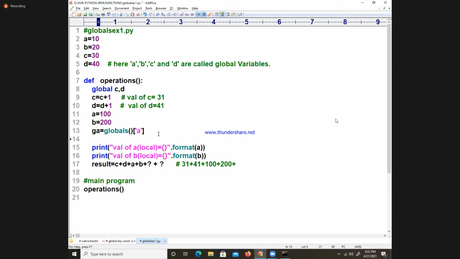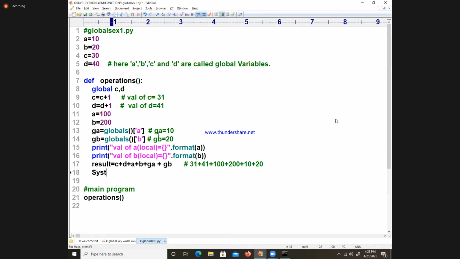Next I am taking GB, global variable B is equal to globals of, I am writing what? B. I will tell you one more program. Don't worry. First you look at it. Now, what is the value of GA here? How much is the value? 10. Very good. What is the GB here? Global variable B is equal to what is the value? 20. Now tell me, what should I write in the first question mark? Excellent. GA. What is the next value? GB. What values are printed here? 10 plus 20.